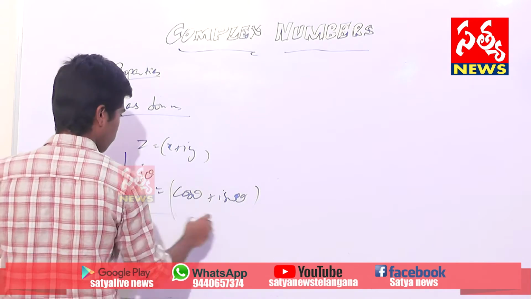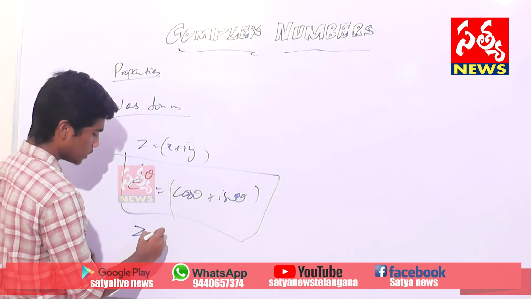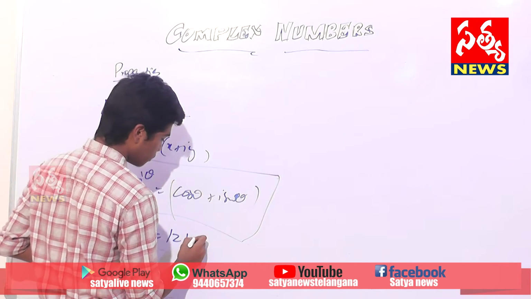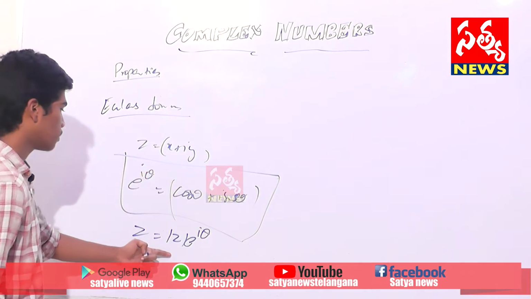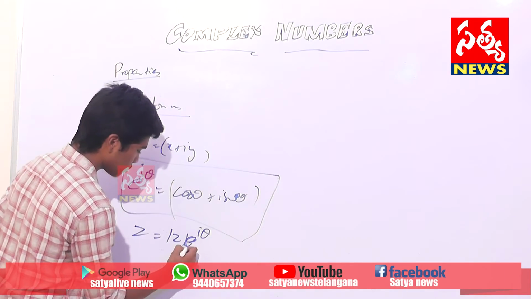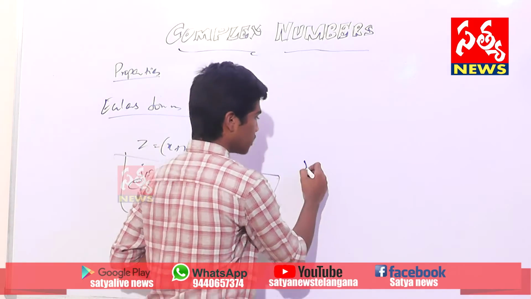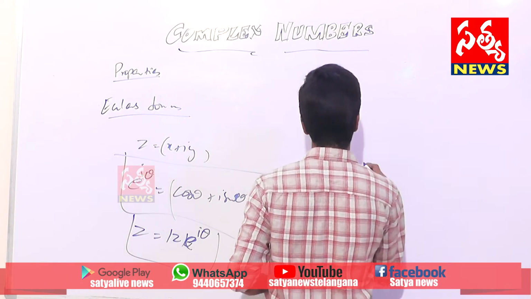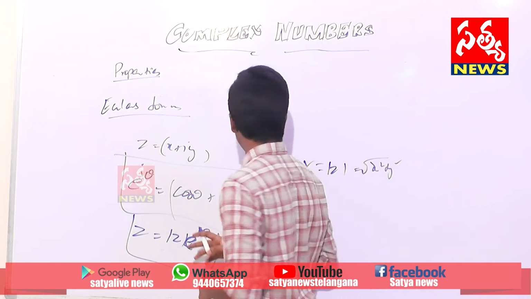Okay, so this is the Euler's form, and here z is equal to mod z into e power i theta. Fine, got it? z is equal to mod z, which is nothing but r. Mod z is r, under root x square plus y square, the distance from origin to point P.